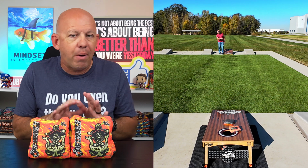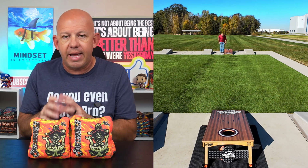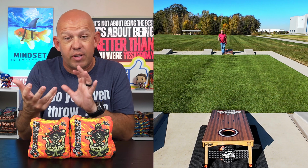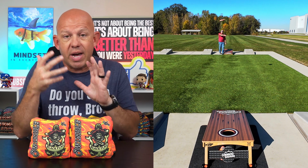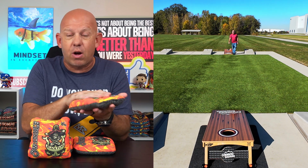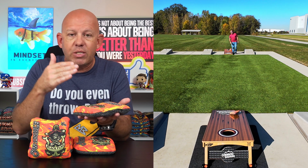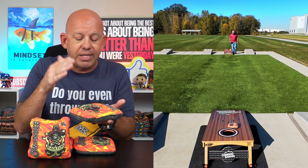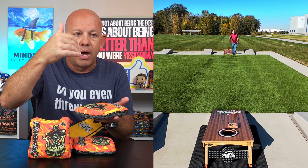But I don't think this bag was designed for that style of game. This bag was designed to be more forgiving. For the player who doesn't throw a perfectly flat bag, it's not going to punish you. So you've got that forgiveness, but yet you still have the ability to play a dirty style game with this. And typically bags where you play dirty style games, they have kicks to them. They're not very forgiving. So Black Flag designed a bag that gives you the ability to play a control style